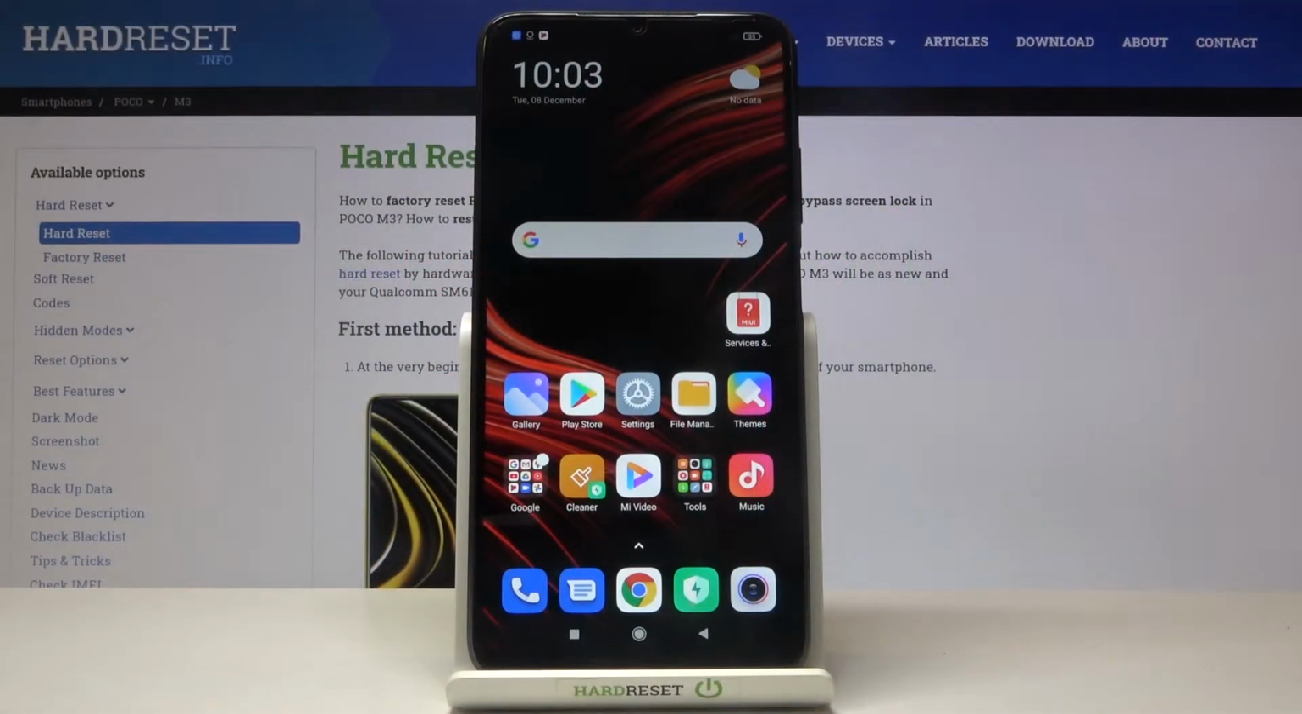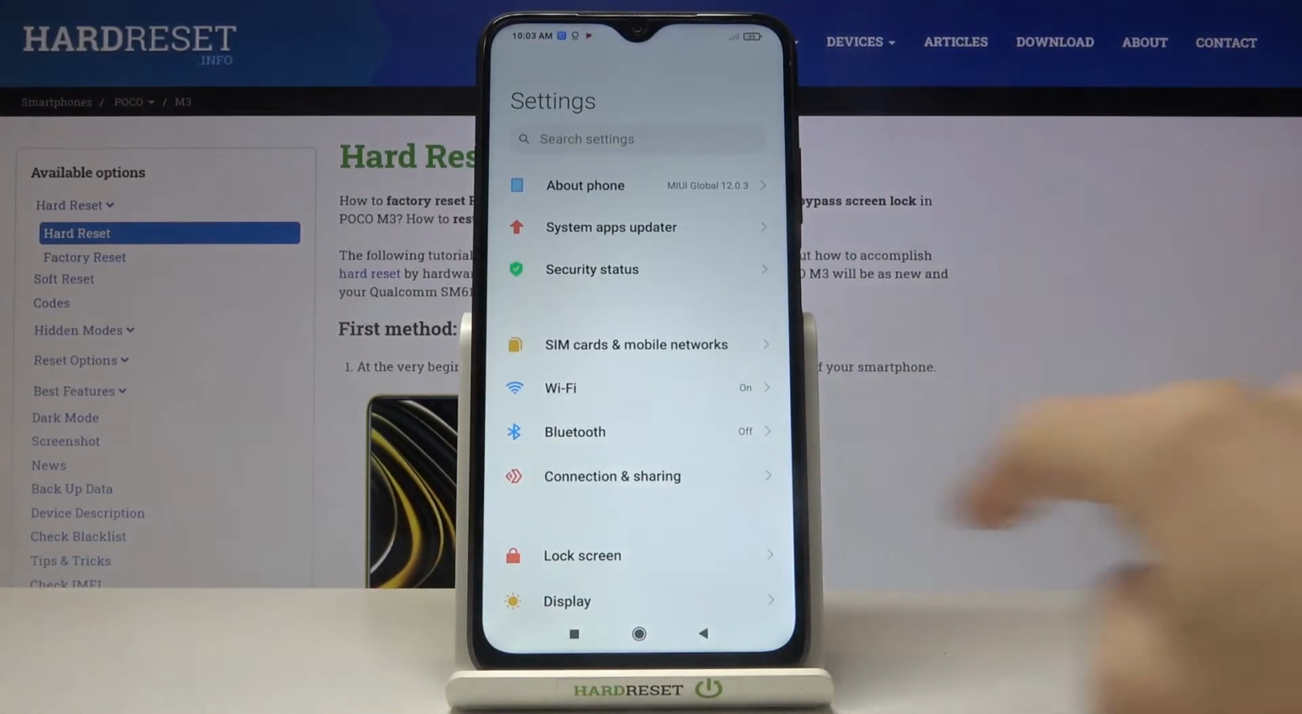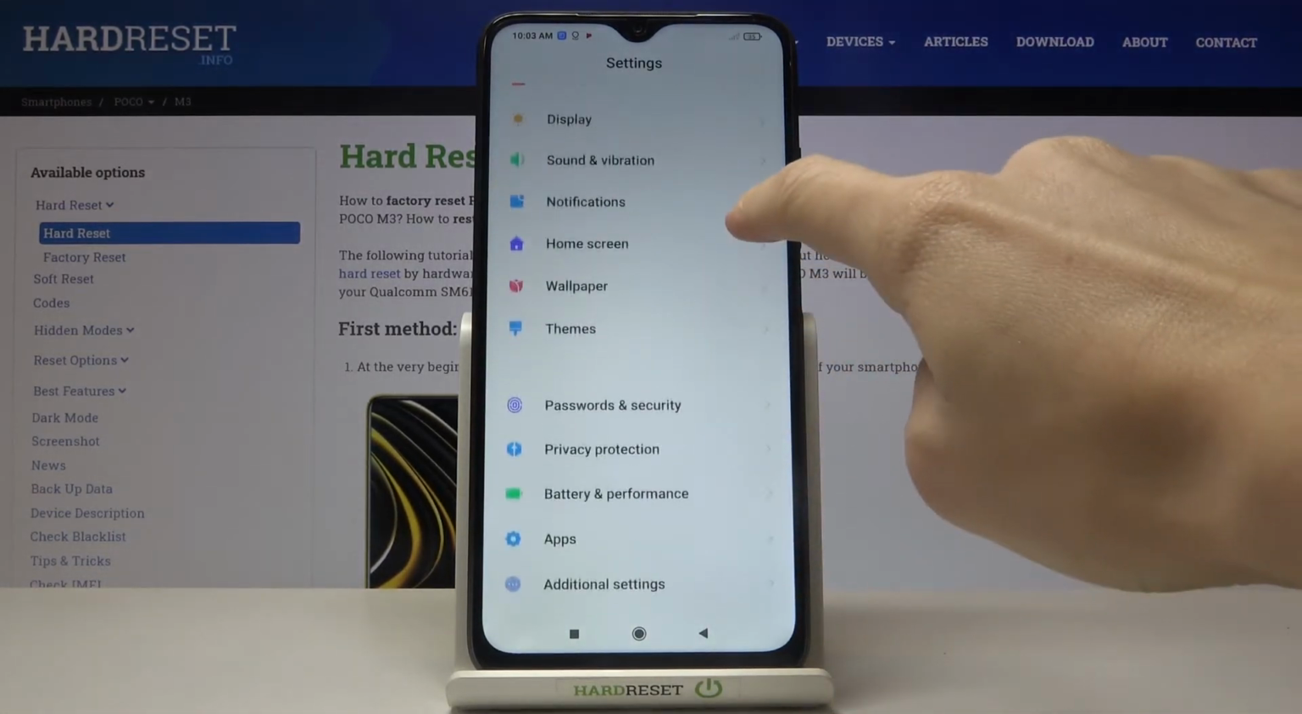In front of me is POCO M3, and let me show you how to reset app preferences on the following device. So first of all, you need to open the settings right here, then go to apps, locate it and click on apps